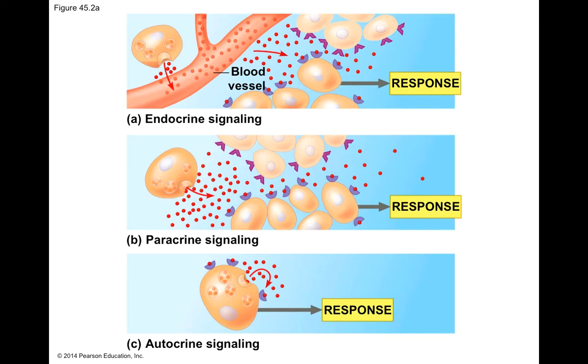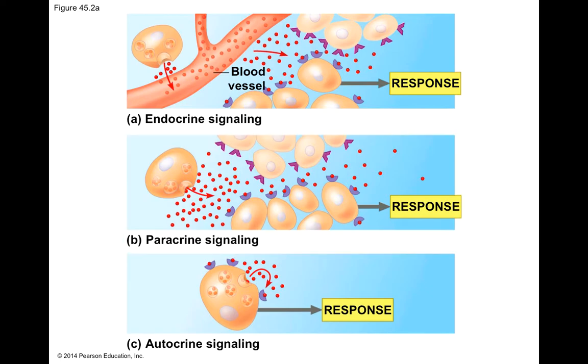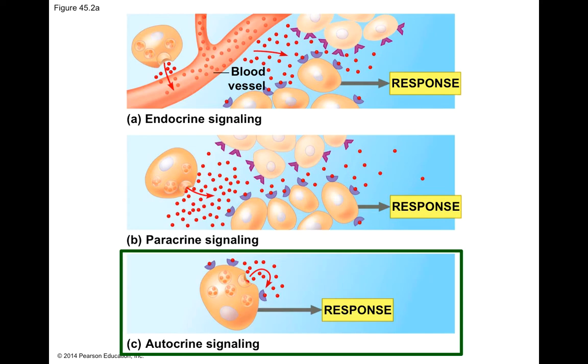The two other methods on this slide are paracrine and autocrine signaling. The signals used in both are called local regulators because they act over short distances and reach their target cells through simple diffusion. The difference between them is their target cells. Paracrine signaling is for nearby cells, while autocrine signaling is for when a cell needs to signal itself. Examples of this type of signaling are blood pressure regulation, reproduction, and the immune system.